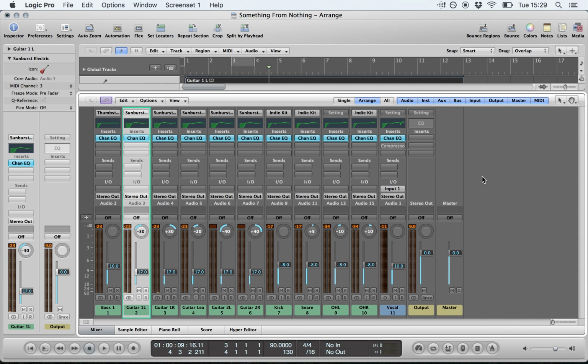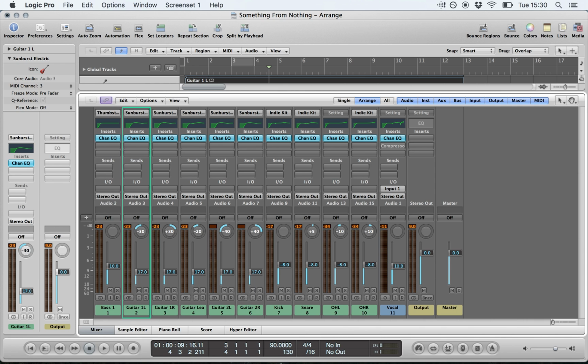So that is a basic approach to EQ for the rest of your multi-track recording. Your actual application of EQ may vary a little bit in terms of frequency selected and by how much you amplify or attenuate, so boost or cut particular frequencies in terms of gain and volume.